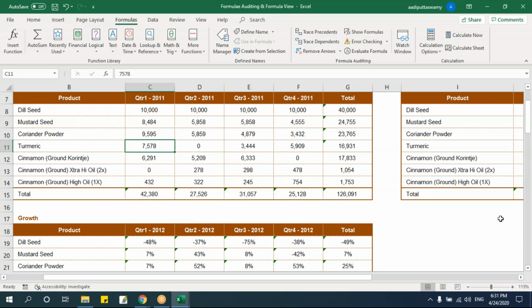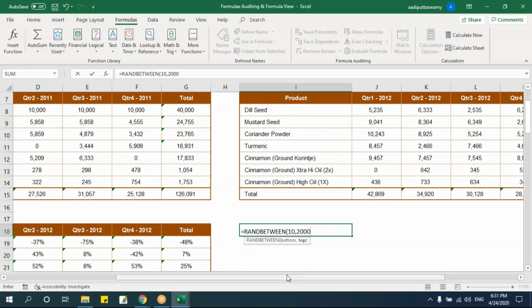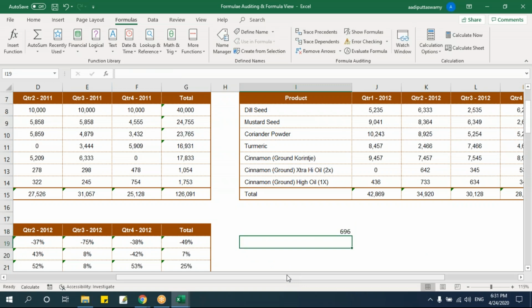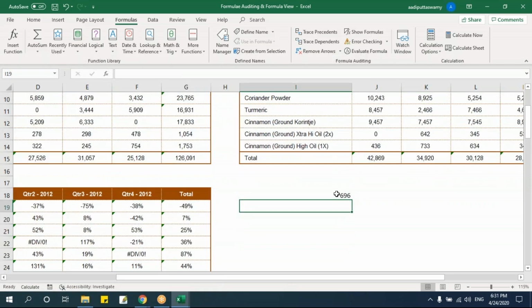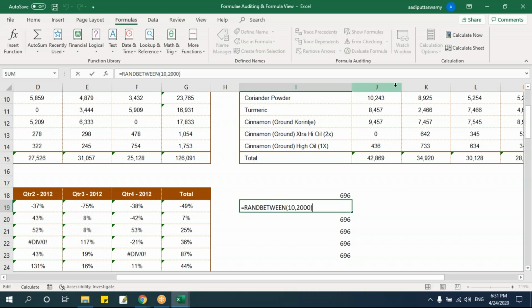To observe, I'll put one formula here just for your understanding, and this is very important to know. I'll say RANDBETWEEN. RANDBETWEEN is a formula which will keep getting updated randomly. I'll get the random numbers. Let me copy this down. Now just observe. I'm getting the same number here, because I've given it as manual. Let me make it automatic for some time.